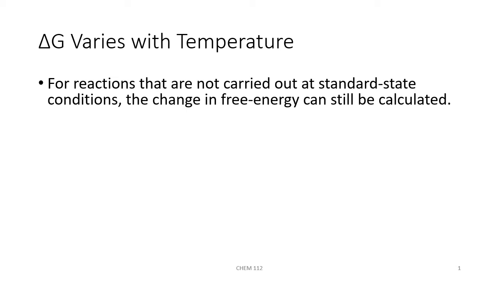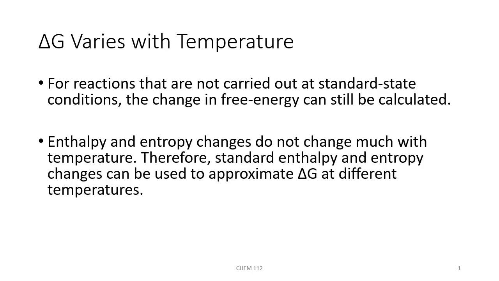For reactions that are not carried out at standard state conditions, the change in free energy can still be calculated. For example, if you run a reaction at any temperature other than 298 Kelvin, we might want to figure out what delta G is to say if the reaction is going to be spontaneous or non-spontaneous. This is kind of an estimate, and we can use the fact that the enthalpy and entropy changes, so delta H and delta S, do not change much with temperature. So we can use those standard enthalpy and entropies to give an approximate delta G just by changing the temperature